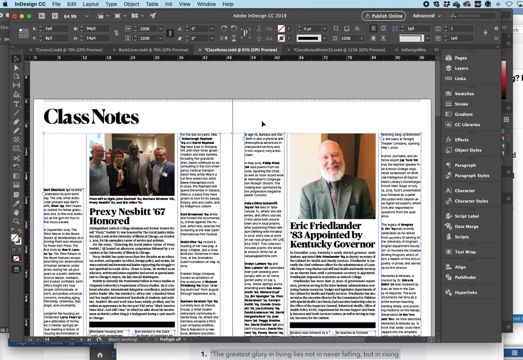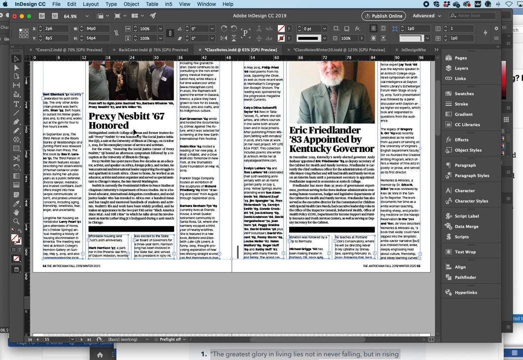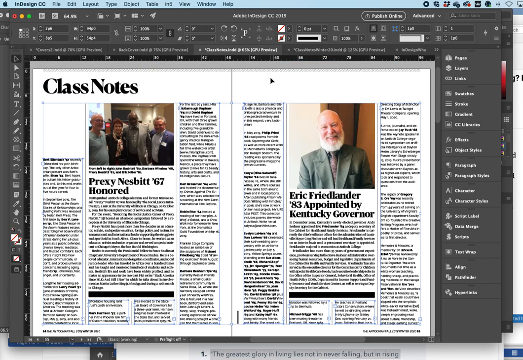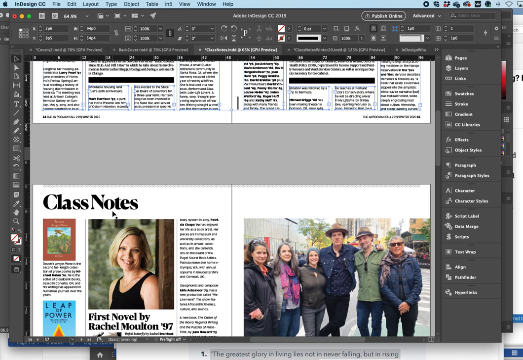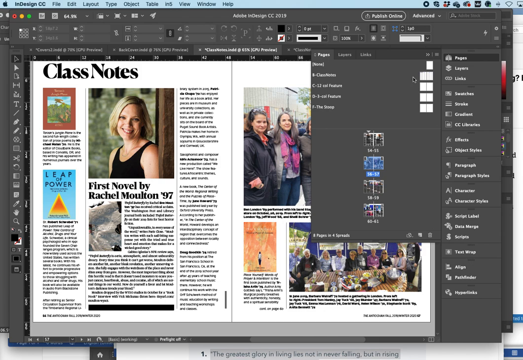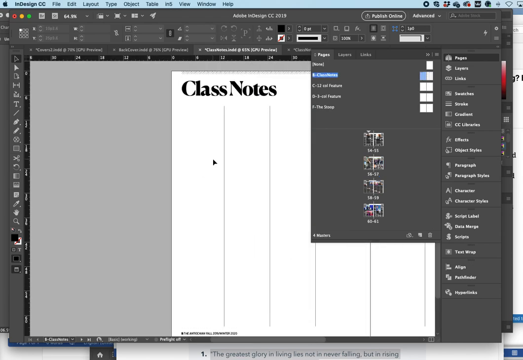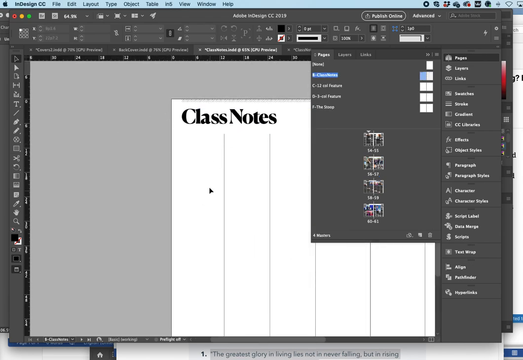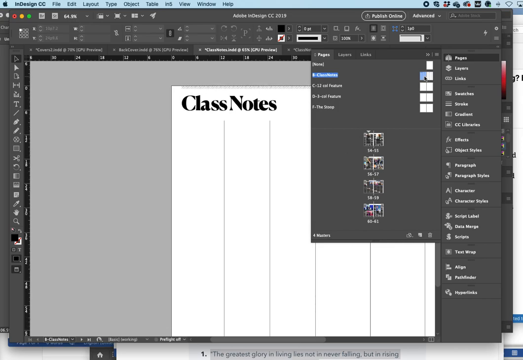The other thing InDesign has that the other two programs don't really have is what are called master pages. And master pages allow you to have things like page elements that repeat throughout a document. So you'll note that class notes is on every single one of these pages. And that is, I probably should double check that, but yep, here it is. It is actually on this master page. And if I want to create a new page and bring it down,